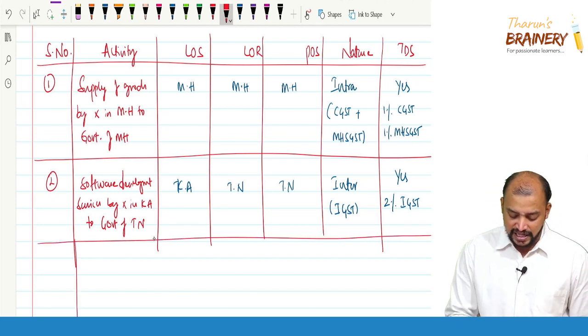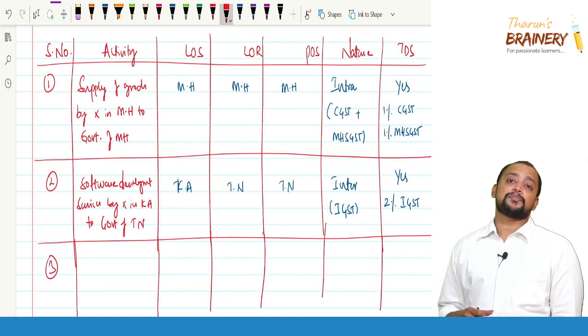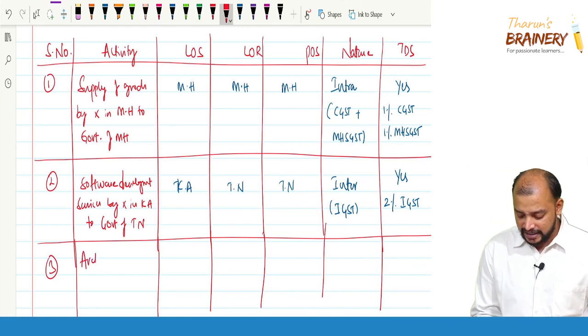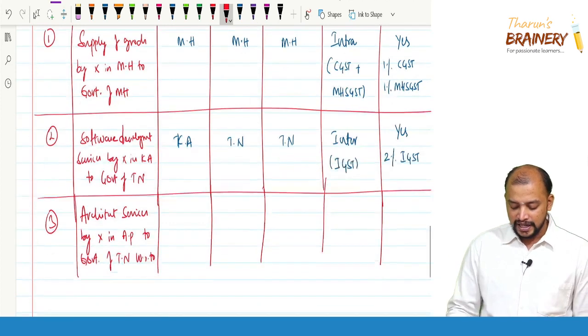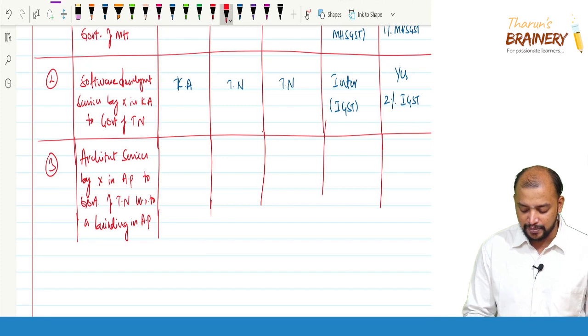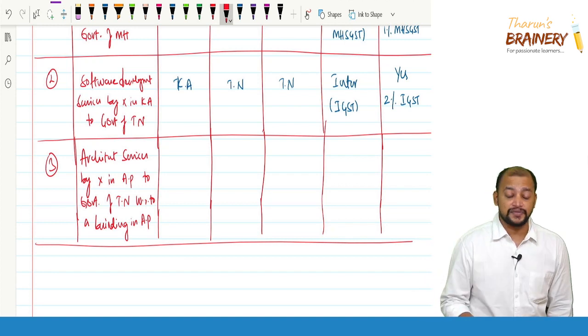So then in which case, sir, is TDS not applicable? TDS is not applicable if it is an intrastate supply but the recipient is in a state other than the place of supply. For example, say this: architect services by X in Andhra Pradesh to government of Tamil Nadu with respect to a building in Andhra Pradesh. So definitely the Tamil Nadu government may have a building in Andhra Pradesh. So whenever the Tamil Nadu government is having a building in Andhra Pradesh, for that when architect services are provided,